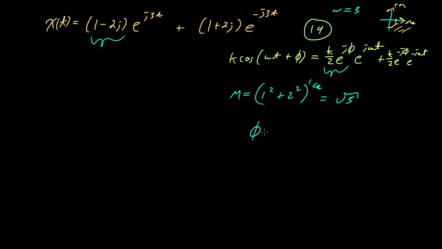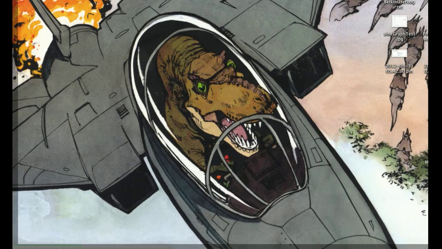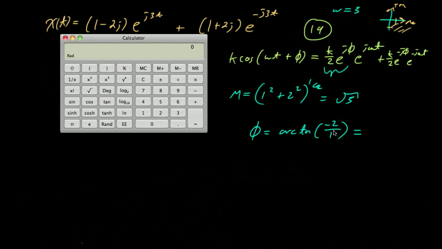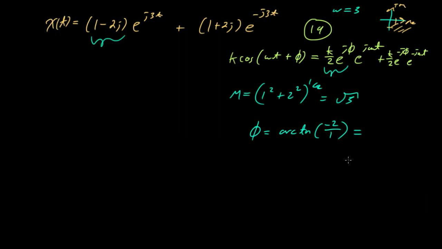So if I want to get my phase, I just have to do arc tangent of my imaginary part, which is minus 2, divided by my real part, which is 1. I don't have to add pi to this number. This just immediately gives me my phase. So now I get the calculator out. Minus 2 divided by 1 is just minus 2. Take the arc tangent of that, and I get minus 1.1071. And so now I know that I can rewrite this x of t as x of t is equal